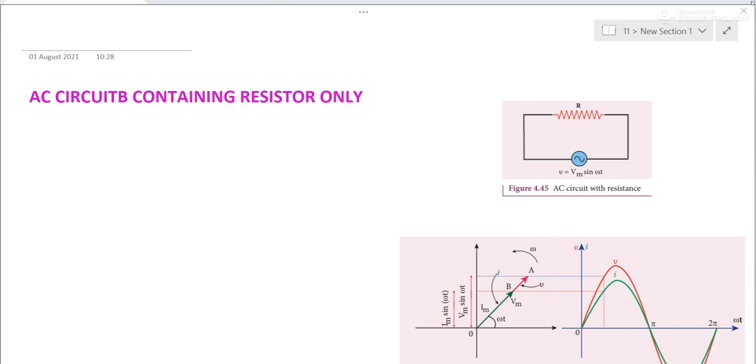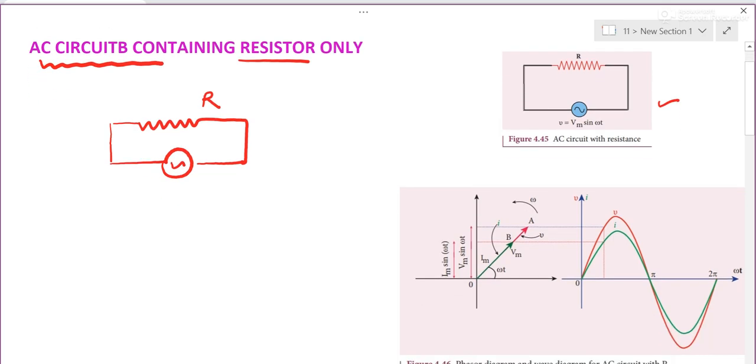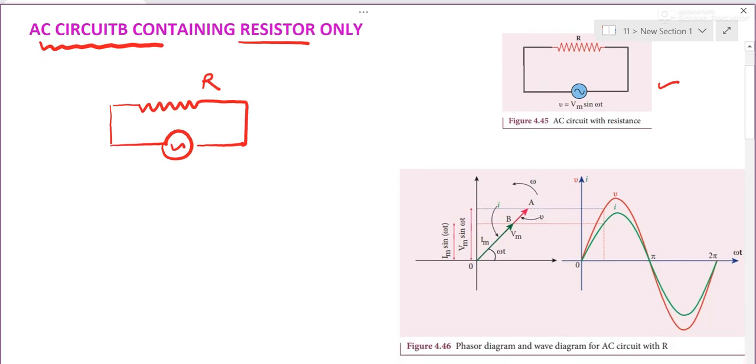Hello children, so this is the first topic in this video. It is an AC circuit containing resistor only. So this is the way we will be drawing. This is an AC circuit and it is containing a resistor of resistance R only. So as we know, the general expression for alternating EMF is